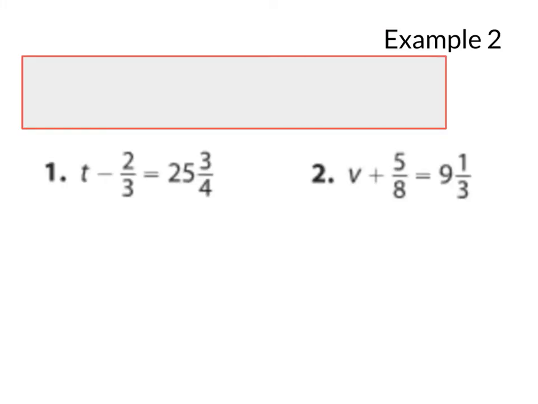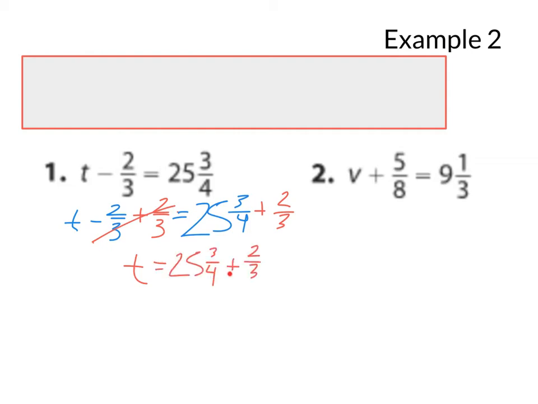Here's example 2. Please try to do both of these by yourself, showing you the answer for number 1 in 3, 2, 1. As I looked at this problem, t minus 2/3 equals 25 3/4, I saw on the same side as t is minus 2/3. I know I need to do the inverse of that to get t by itself. The inverse of subtracting is adding 2/3, and I did that to both sides. These will cancel out, so now I just have t equals